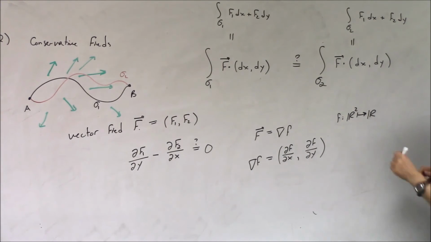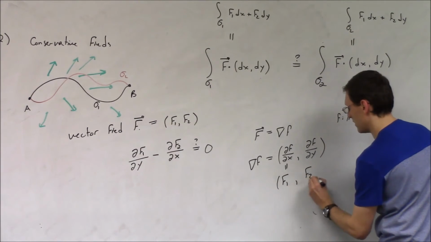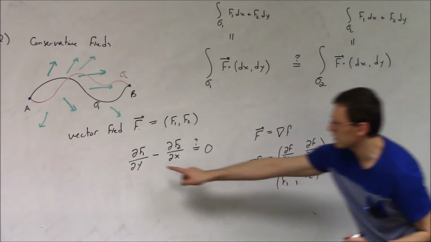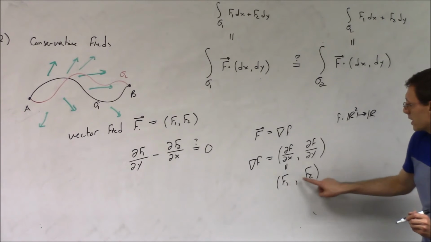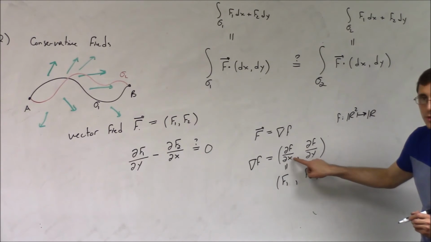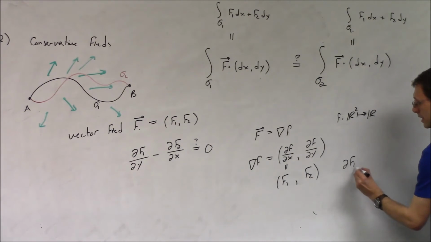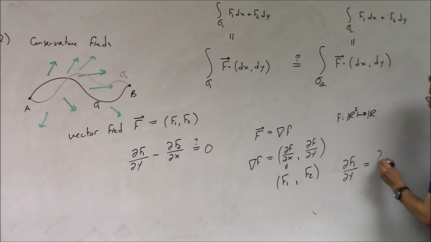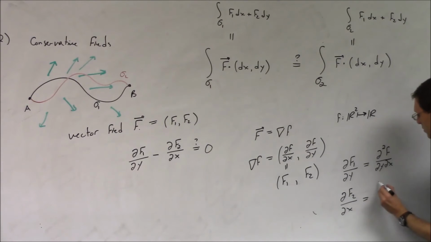Roughly again, right? So this has to be f1, this has to be f2. So you see what I'm doing here? Why do I take the derivative of f1 with respect to y? Because the derivative of f1 with respect to y should be equal to the derivative of f2 with respect to x, because those are going to be mixed partials, right? So the derivative of f1 with respect to y will be equal to the mixed derivative d squared f dy dx. And the derivative of f2 with respect to x should be equal to the mixed derivative d squared f dx dy.